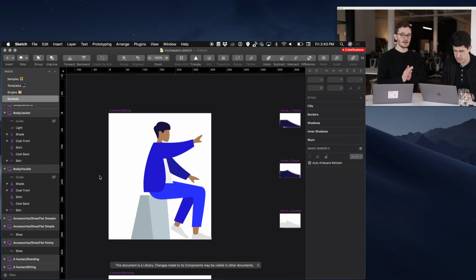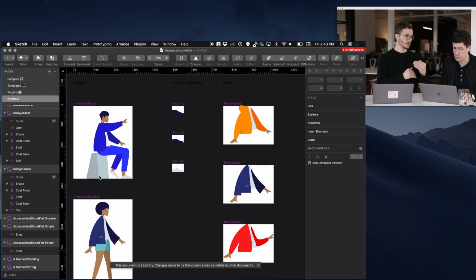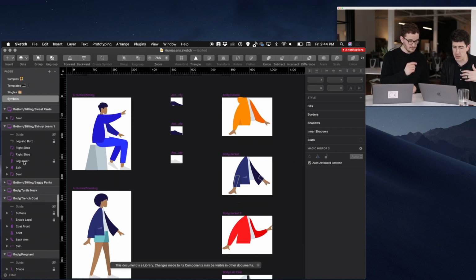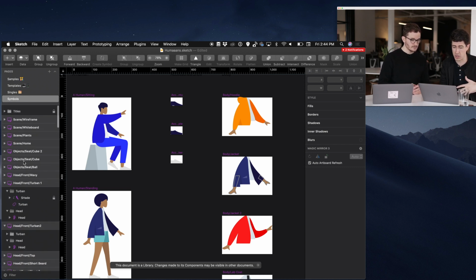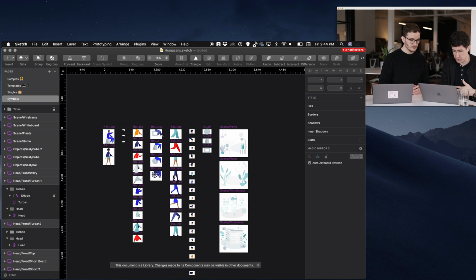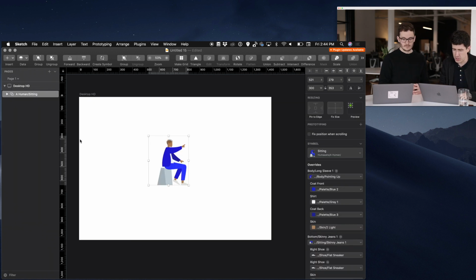Because again, this is not the symbols page in your working document. It's referencing an entirely different Sketch file. And you can see here, they went crazy with their symbol library. So this is just a really robust group of symbols that can be mixed and matched to create these characters. It's almost exactly the same thing as you demoed, so I'm not going to go through that too much,